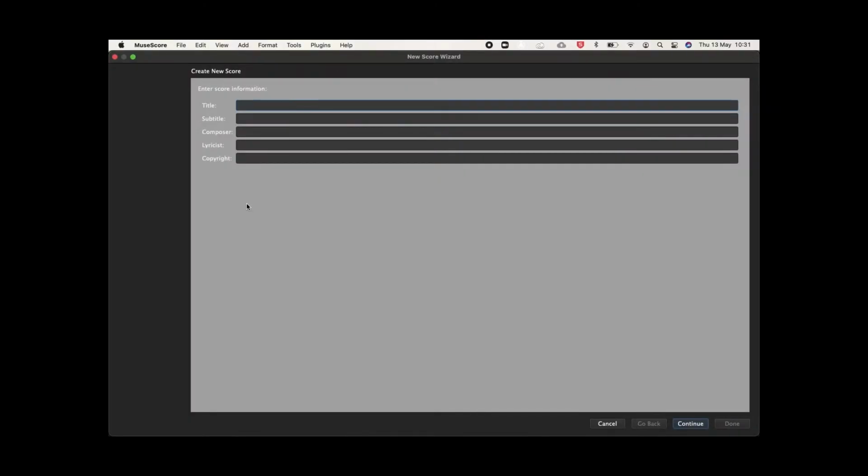Hi and welcome to this tutorial on how to create a new score on Musescore. When we open Musescore up for the first time, we are met with our new score wizard window. And here is where we can add the basic details of our score, such as composer, lyricist, copyright, and more,